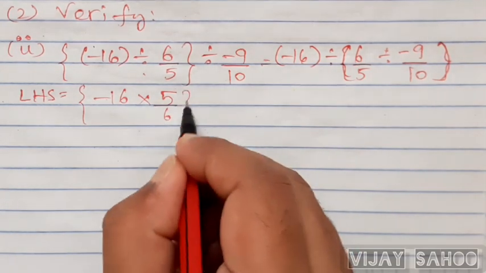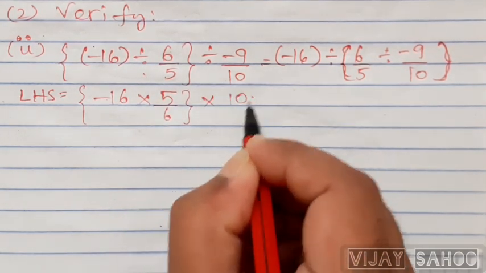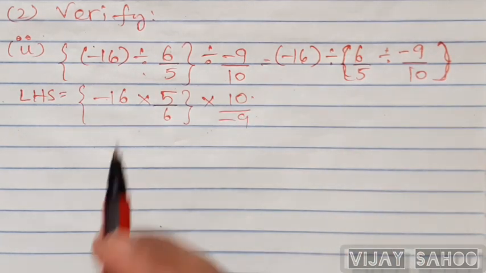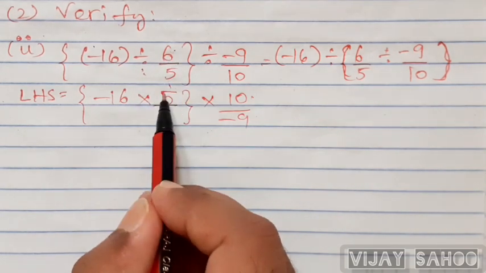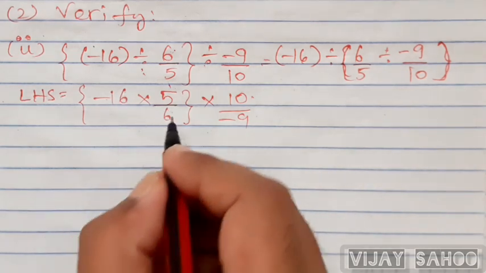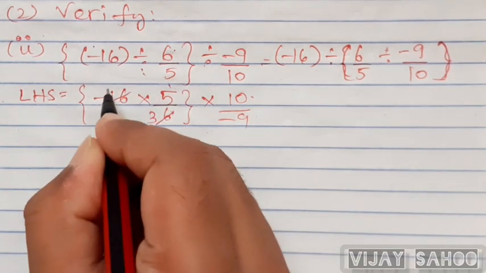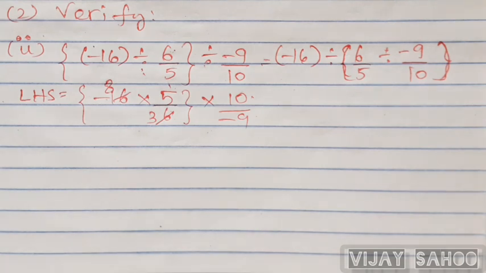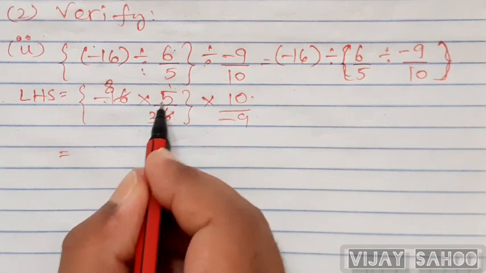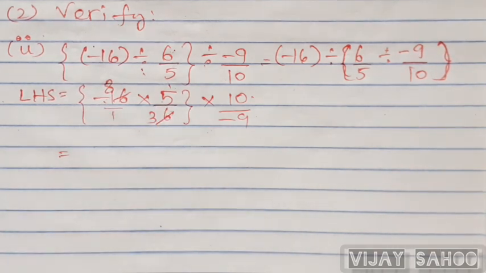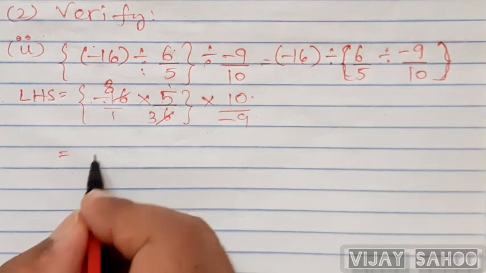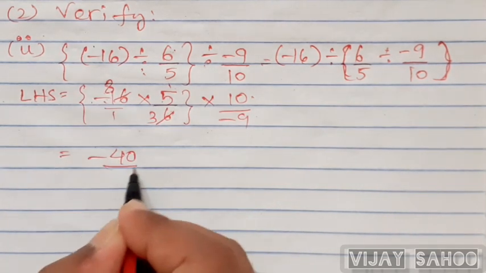multiplicative inverse. Again minus 10, that is into 10 by minus 9, right? You could see that divide, multiplied, so 5 by 6, multiplied, so 10 by minus 9. Here cancellation is possible, so we'll take that. 2 3s are 6, 2 8. Clear? Now what we'll do, numerator will be multiplied by numerator and denominator is 1, so denominator into denominator. Now 8 into 5, minus 8 into 5, that is minus 40 upon 3.